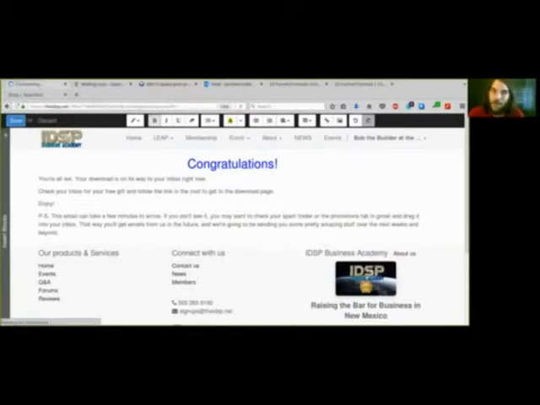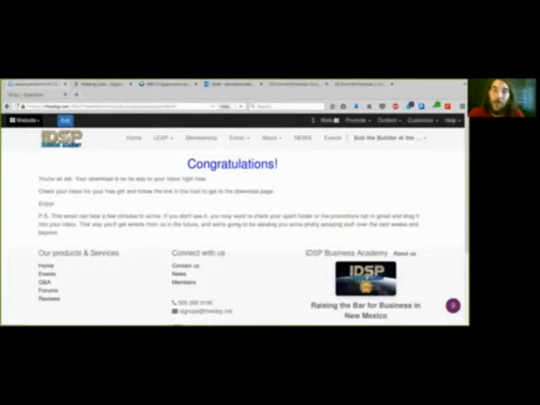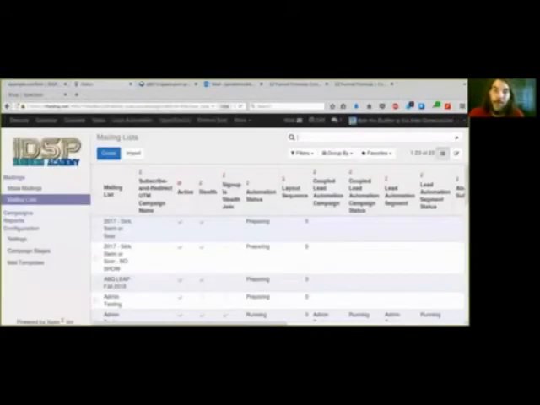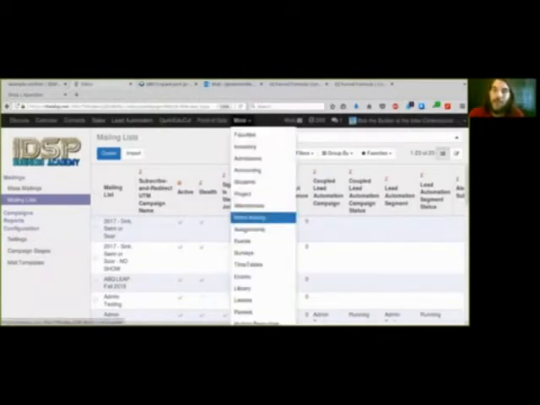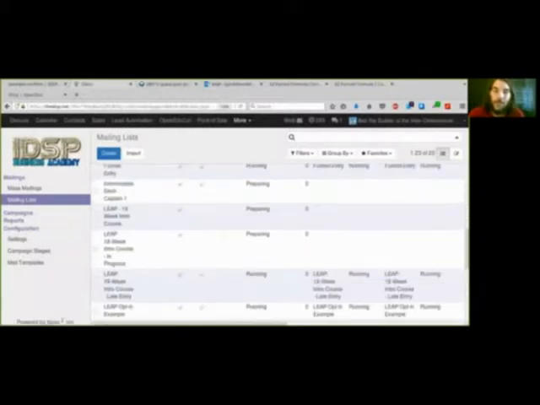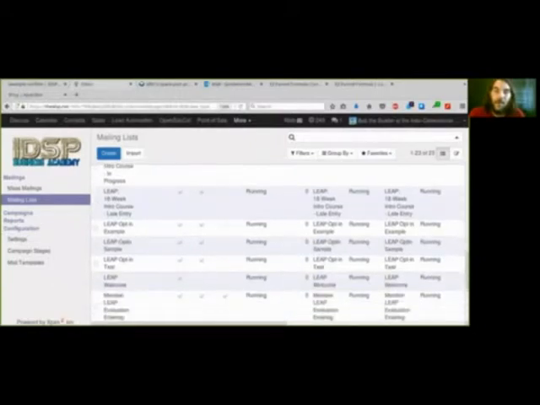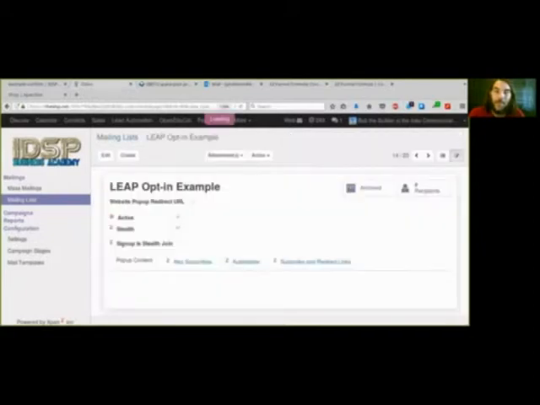So while we have a confirmation page, let's switch over now. Do a new tab. You can duplicate the tab you have, open up a new browser, but get a new browser tab and get into your back office on your website. And in your back office, go to mass mailing, and we're going to go to mailing lists. And we're going to find the opt-in list for this sequence. So click on the list, click edit,